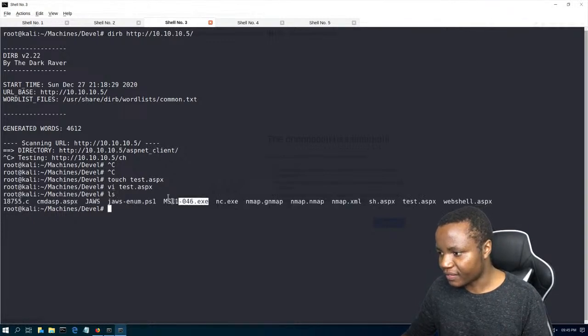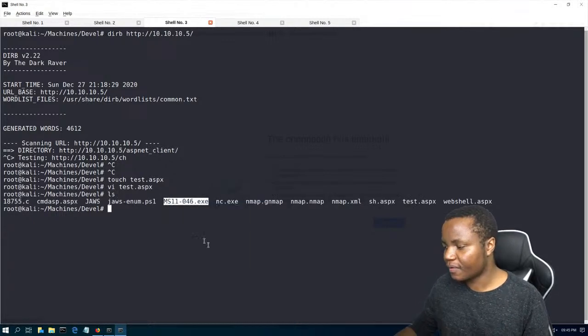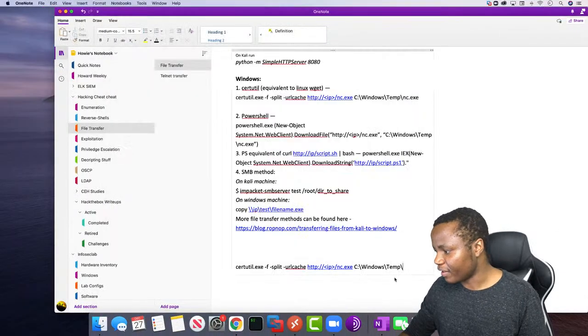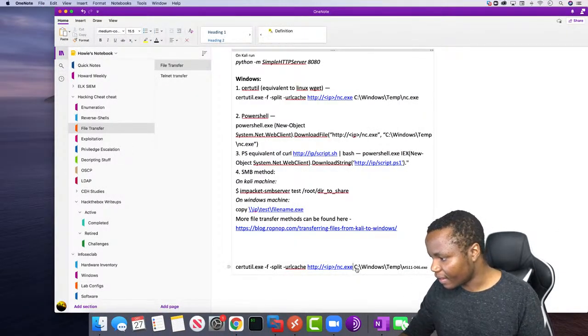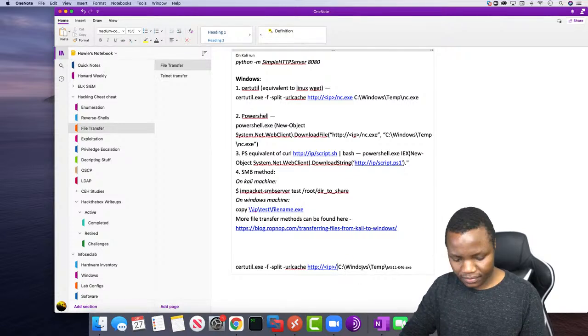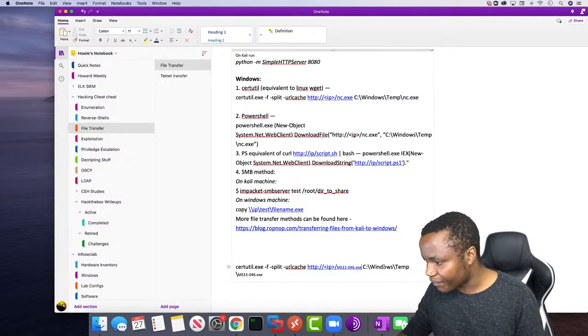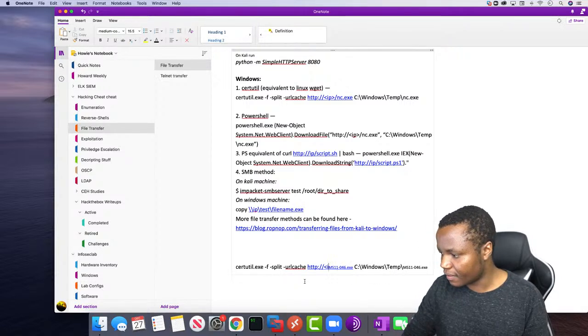And the file that we want to transfer is this. And then we come here, we say we want that file there. And we want to remove netcat. Want that file there. And the IP address of our Kali Linux